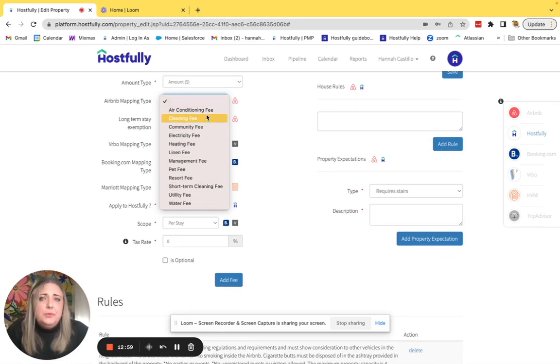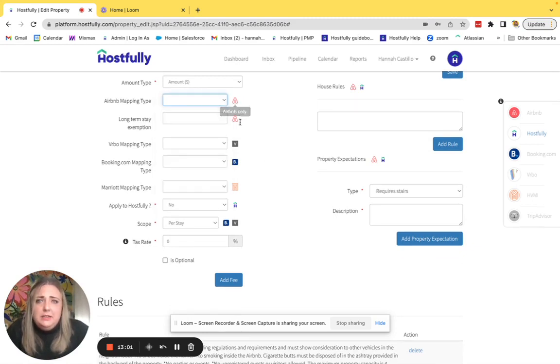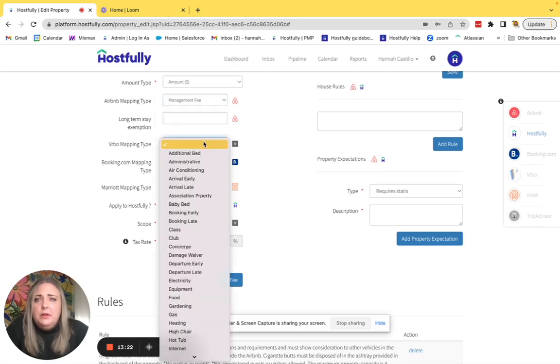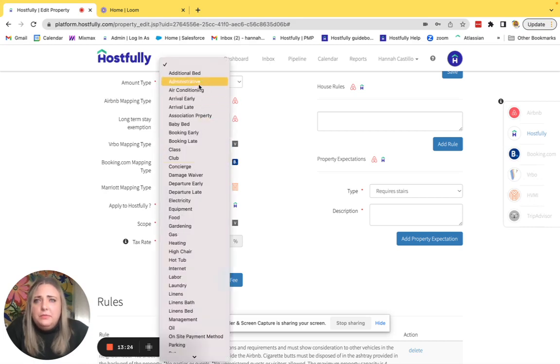And these are the approved mapping types at a channel specific level. Again, paying attention to those icons next to each field. So this is indicating that this is our Airbnb mapping type. And they won't all have the same verbiage, so you do have to pick which best fits the description for this fee. So for this, on my insurance fee, I'm going to call it a management fee. For Vrbo, we can call it